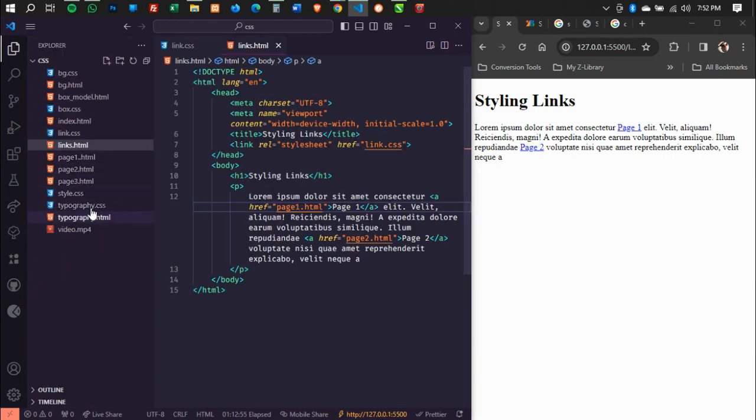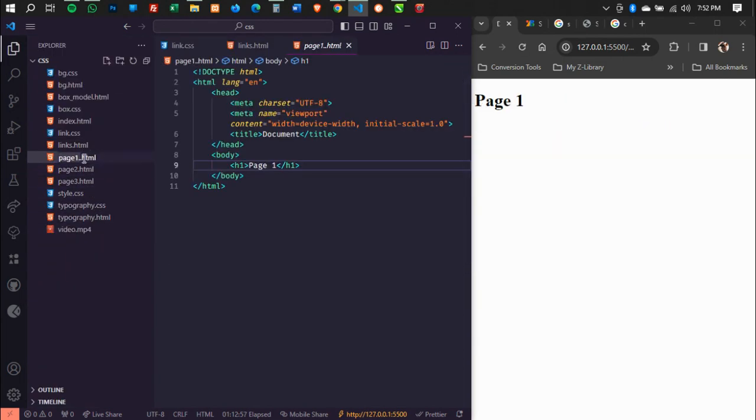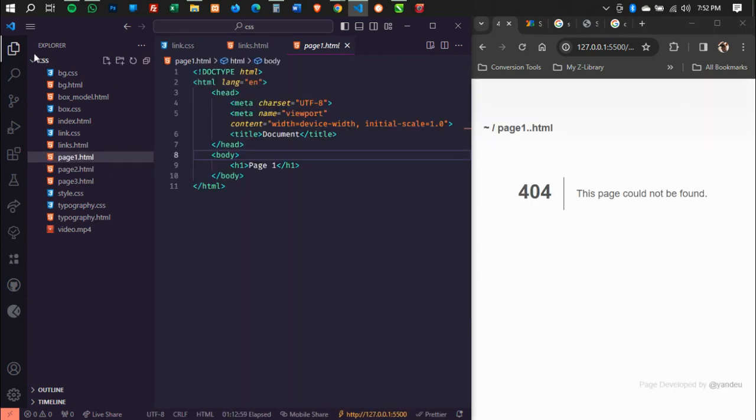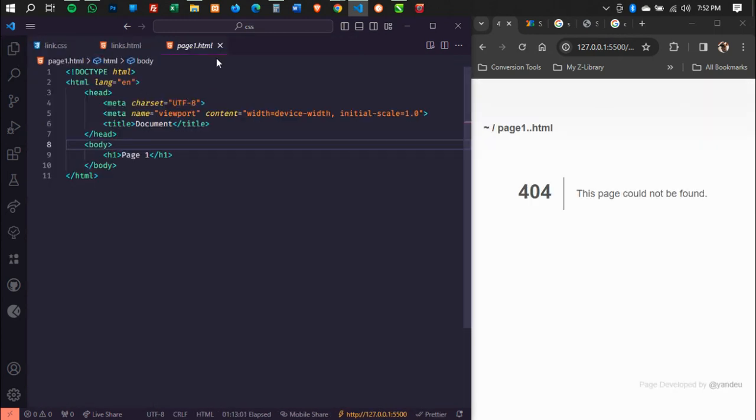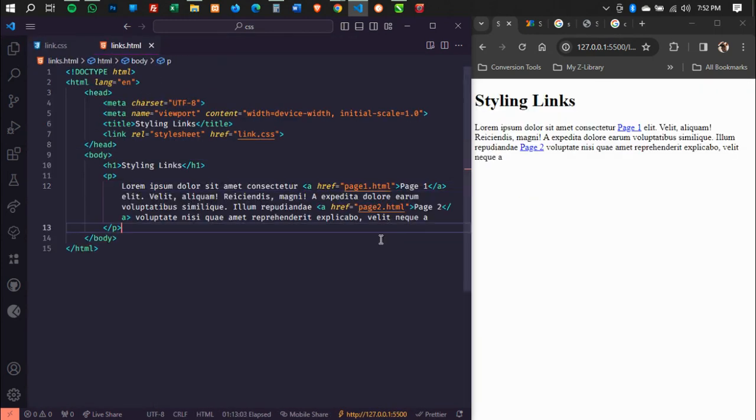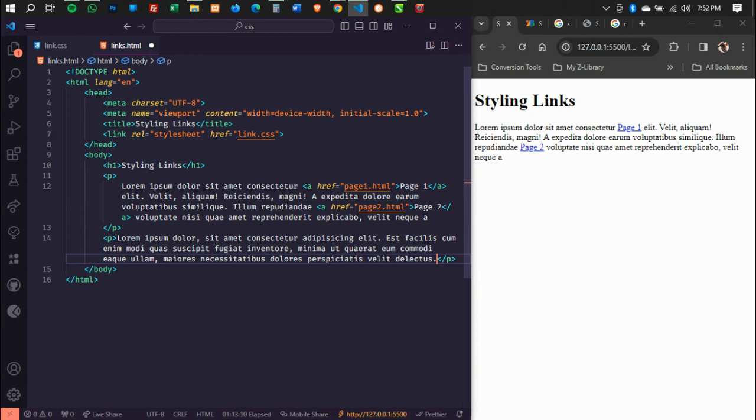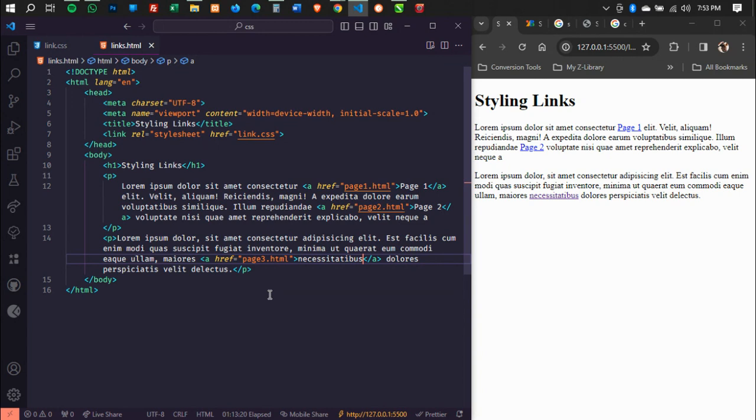I think I have a problem over here, right? So my dot is supposed to be one. All right, then let me add another paragraph, right? Then dummy text again, and let me link this to, sorry, an anchor tag, page three. Then bring this text over here. All right,